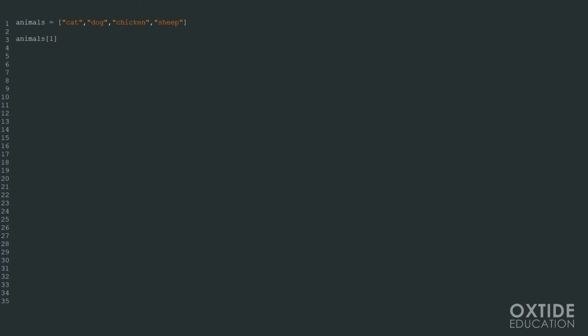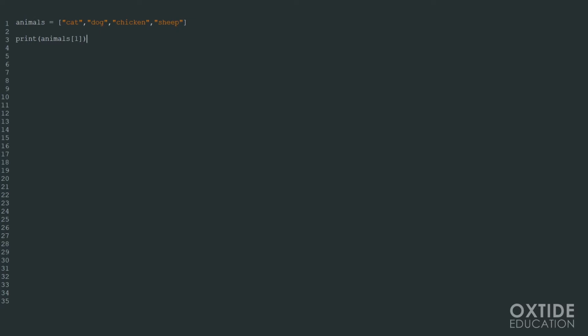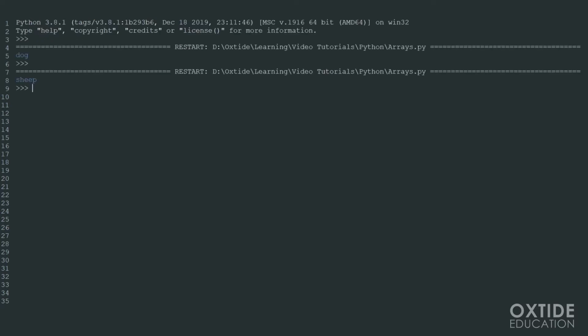within my array. If I wrap what I've just written in a print function, we can see that the program outputs the string dog. If I go back to my code and change the position I want to access to 3, now when I run the code, it will print out the string stored in the element of my animals